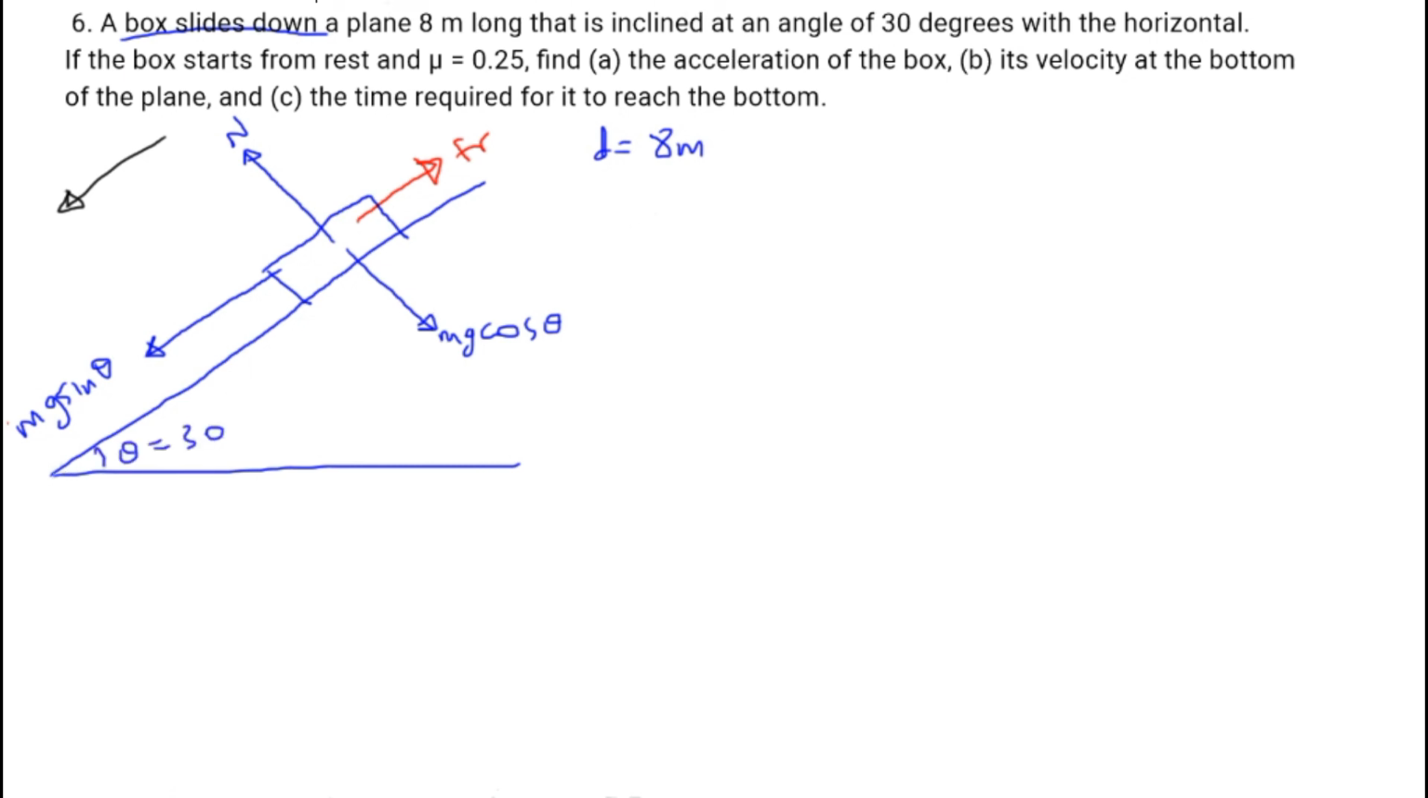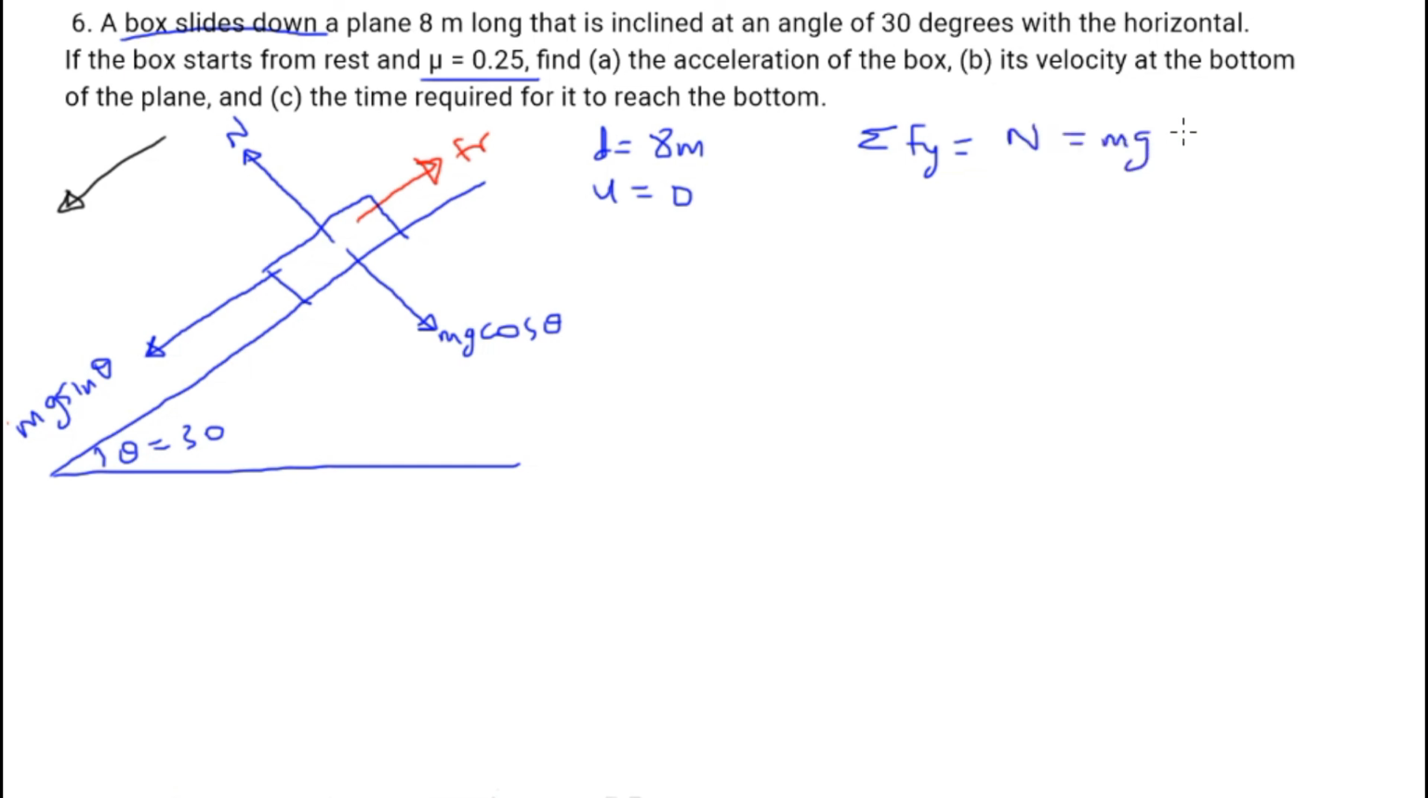Okay, if the box starts from rest, that means the initial velocity of the box is equal to 0, and then the coefficient of friction is 0.25. To find the acceleration of the box along the inclined plane, we will consider the forces. The forces perpendicular to the plane are balanced, that is